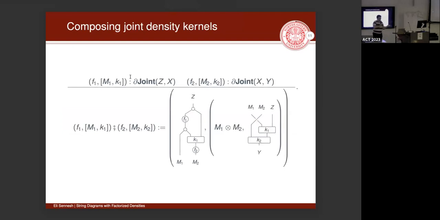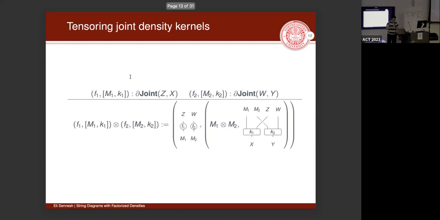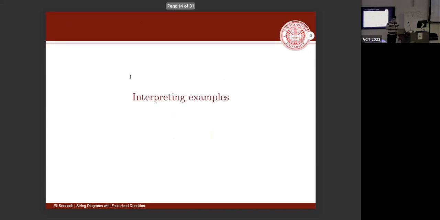In order to verify that this all forms a category, we're going to show how to compose it. Basically, after you perform your push forward, you can then apply the stochastic Markov kernel from the second morphism, tensor together your residuals, just perform one little swap so that you send the right residuals to the ports of the push forwards, and voila. Similarly, all you have to do is one little swap in order to form the tensor product of two joint density kernels. All right, so after looking at a bunch of symbols, let's work with some examples perhaps.